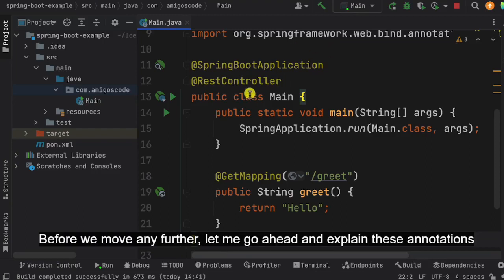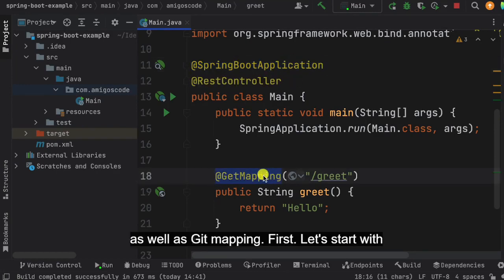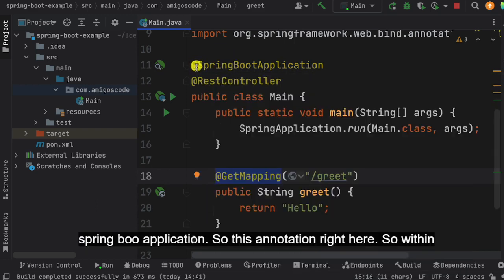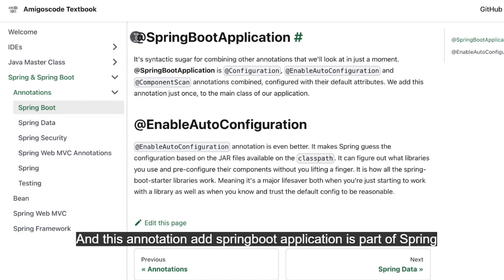Before we move any further, let me go ahead and explain these annotations that you see here: @SpringBootApplication, @RestController, as well as @GetMapping. First, let's start with @SpringBootApplication. So this annotation right here. Within the textbook, you can see that I have a section on annotations, and this annotation,